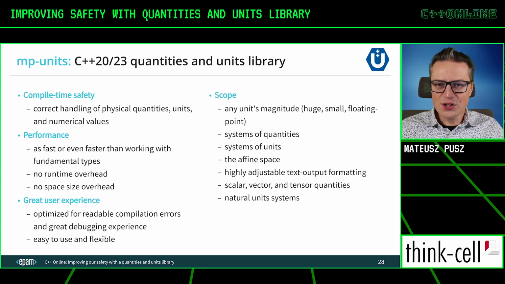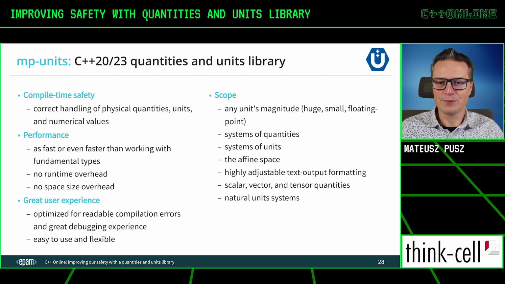And as this is a general purpose library, it should try to attract and cover the requirements of a broad industry, right? It is not for a niche. It is not only for a specific domain or a specific use case. It should be able to cover everything or most of the things that we expect in the entire industry for such a library. That's why it should support any unit magnitude, huge, small, or floating point, like for example, conversion between degrees and radians,